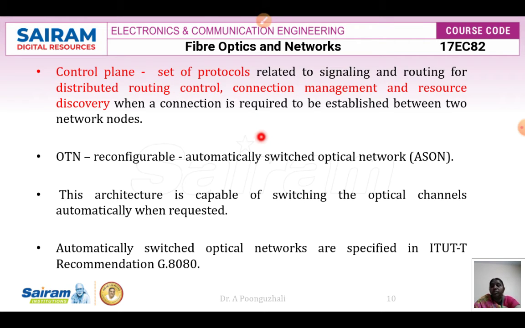So we say that your optical transport network is going to be a reconfigurable one, and it can be an automatically switched optical network. This architecture is going to be capable of switching the optical channels automatically when requested. Automatically switched optical networks are specified in the ITU-T standard, the International Telecommunication Union standard,